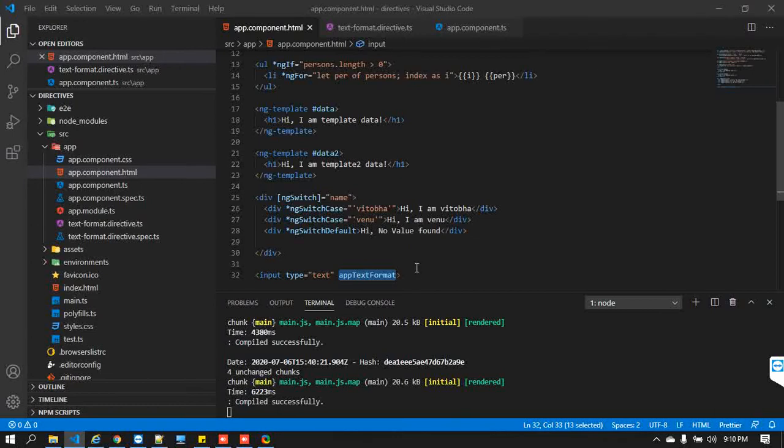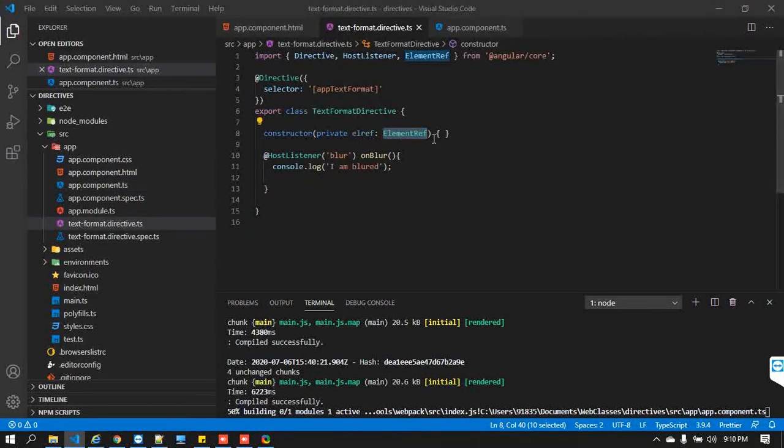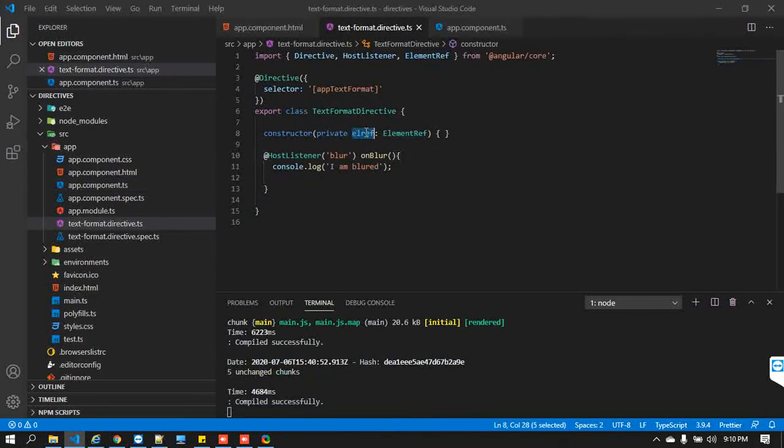Okay, so now we are going to take that respective guy, so that is nothing but element ref. Okay, so now what I'm trying to do, so this thing. Okay, so now let value, I'm just keeping, let's do one thing, input value. So now this dot ref. Okay, so there is another native element.